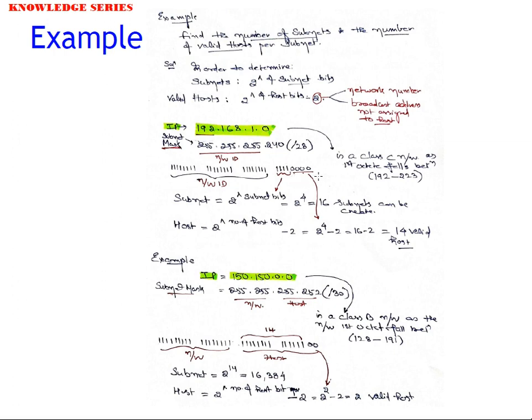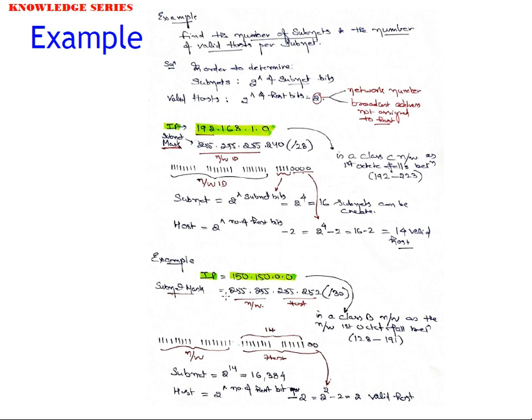And here the number of subnet bits is equal to 4, based on the case and the situations we have seen with the prefix. If you take another example, 150